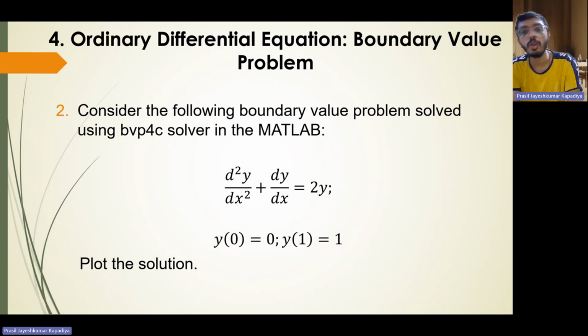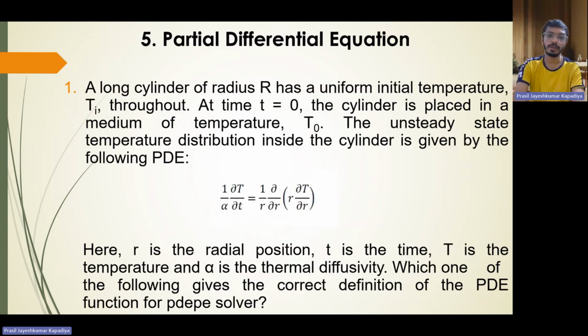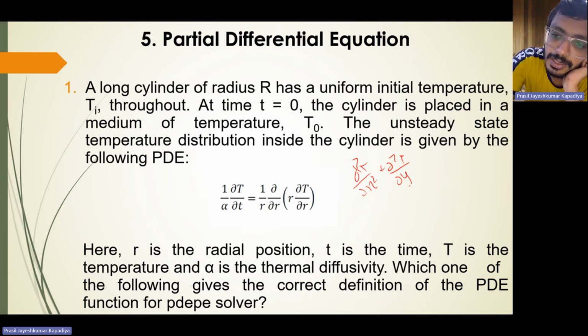Now, further to solve boundary value problems, we need the bvp4c MATLAB inbuilt function with the bvpinit function. bvpinit is used to define my xmesh and initial guess. Okay, so this is what we have revised till now. Further we will be going for partial differential equations. So for a partial differential equation, let's say I am writing the Laplace equation: del square T by del x square plus del square T by del y square plus del square T by